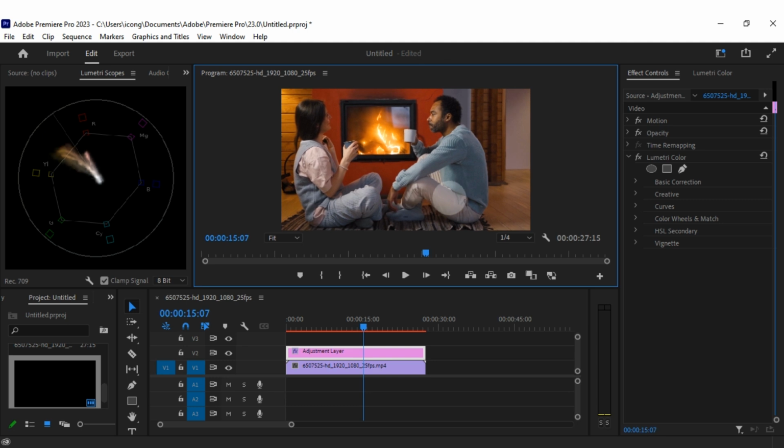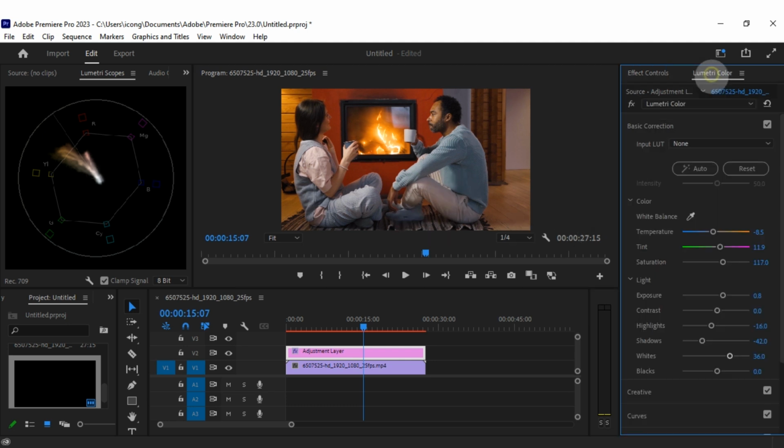It shows saturation is too much, so we need to reduce the saturation a bit. We can leave it somewhere there. Let's open up another Remy trick. Then here we take it to